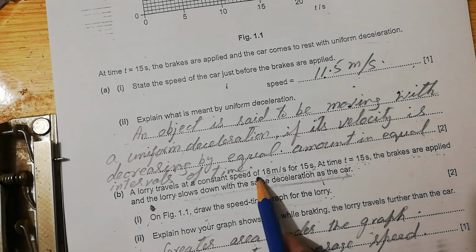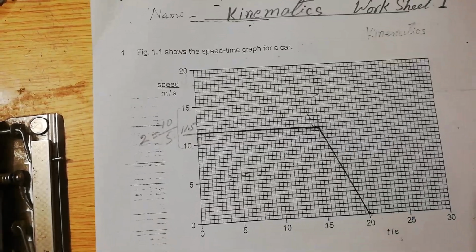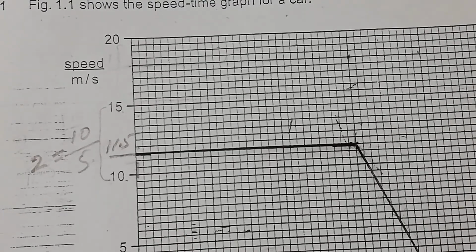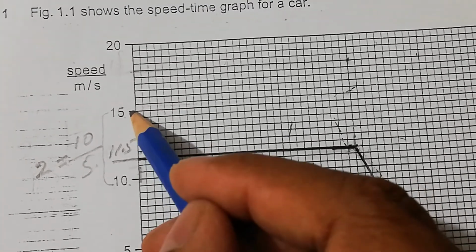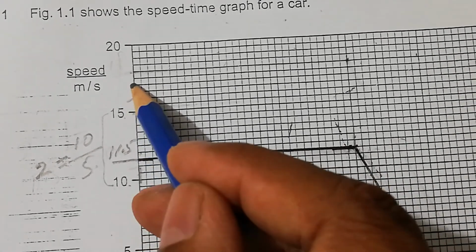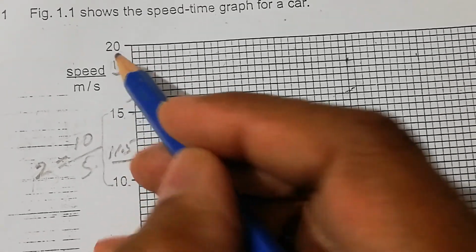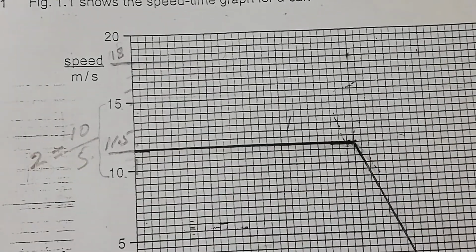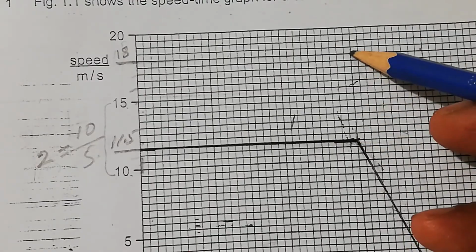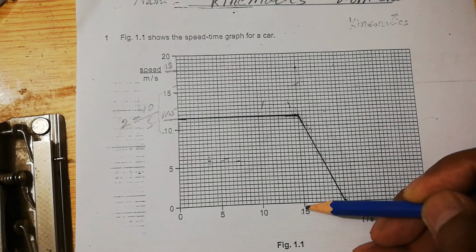Well, let us draw this horizontal line at 18 meters per second. As I told you, each 2 boxes are showing you an interval for 1 unit of speed. So this is 15, 16, 17 and this is 18. So here it will be 18 meter per second. And you know that from here this is the 15 seconds basically. How is it 15 seconds? Let me bring it into focus. This is 15 seconds.